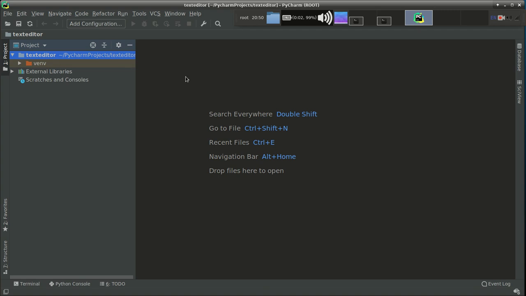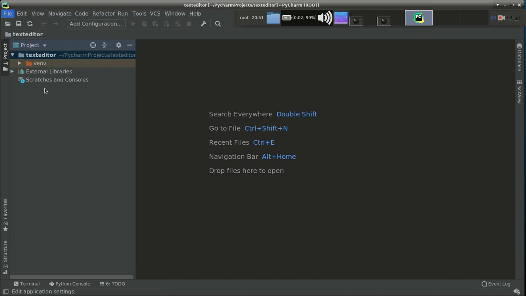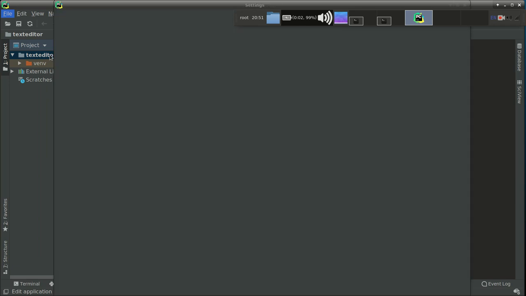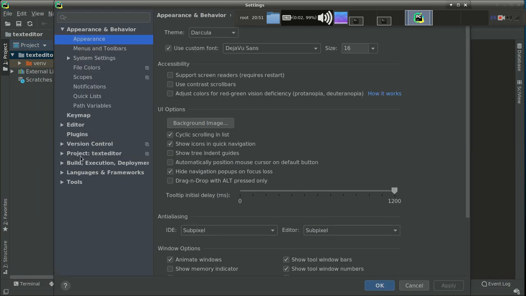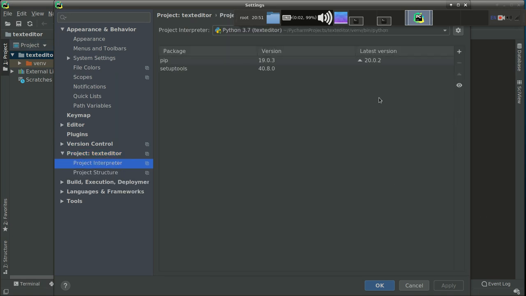For importing libraries, go to File, then Settings, then Project: text editor, then select Project Interpreter, and here it has these two libraries.